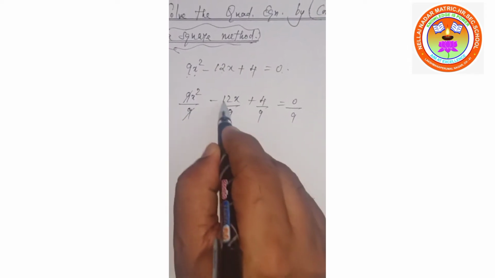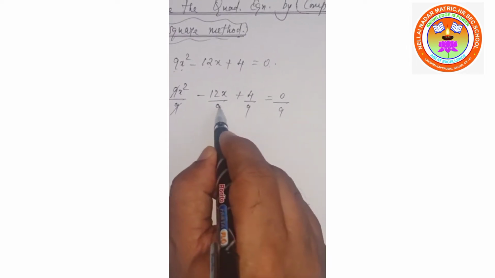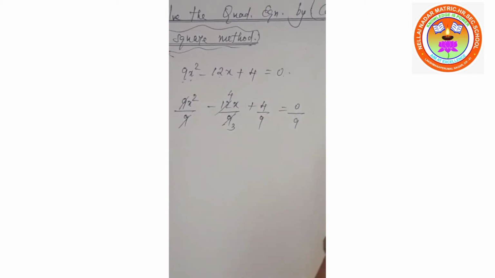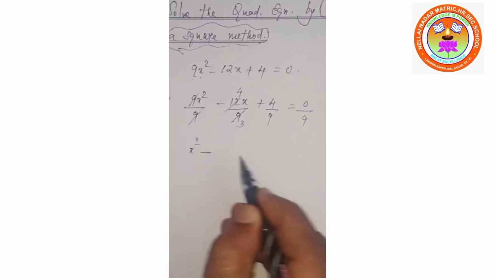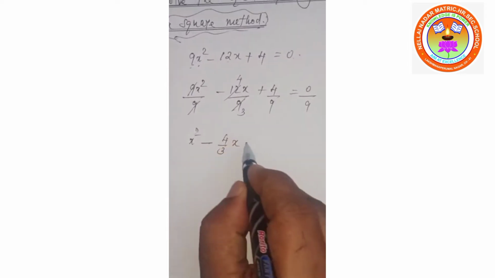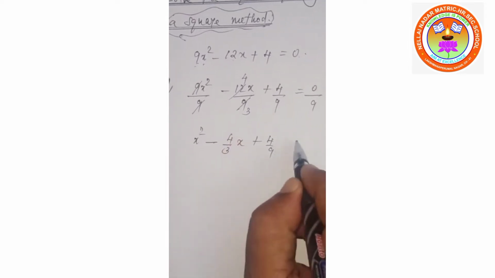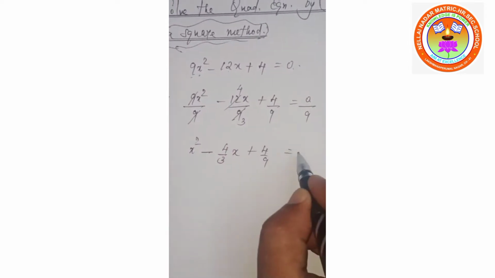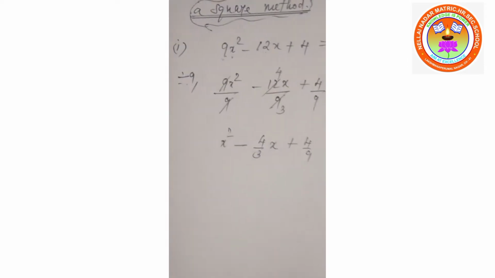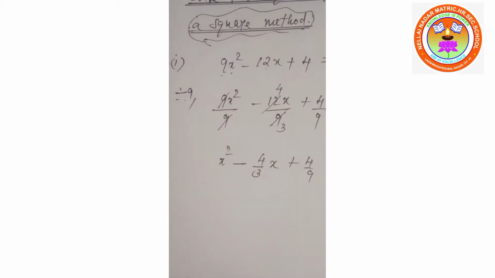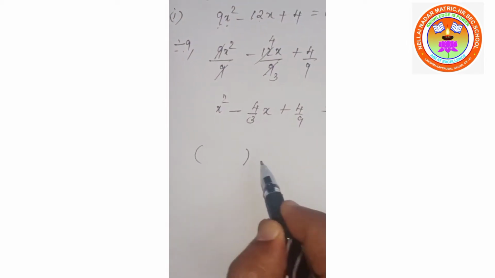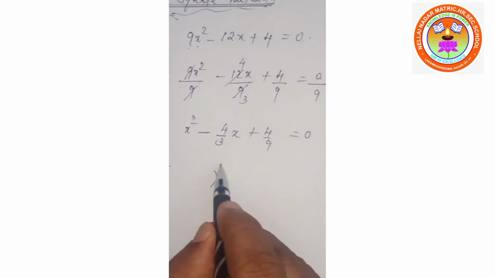The 9 gets cancelled. 12 and 9 we can divide by 3: 3 times 3, 3 times 4. So x squared minus 4 by 3 into x plus 4 by 9 equals 0, since 0 divided by anything is always 0. Now look at that, the coefficient of x squared is 1 only. The next step, we have to introduce brackets, a set of brackets, whole square,